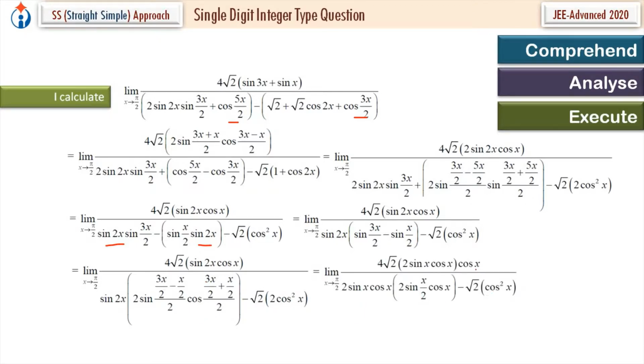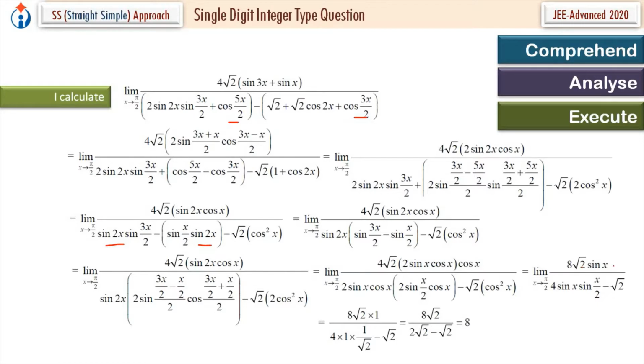Let's simplify this. All right, I check here. Everywhere cos x tending to 0, so I eliminate that. So I get 8 root 2 sin x upon 4 sin x by 2 minus root 2. Now which form is this? Because we have cancelled tending to 0, one factor from numerator and denominator, so I'll check the limit here, to what value this is approaching.